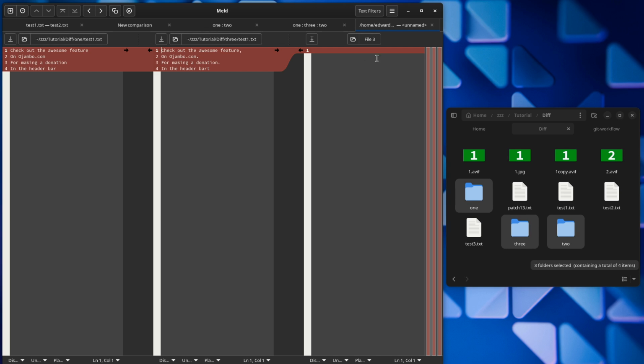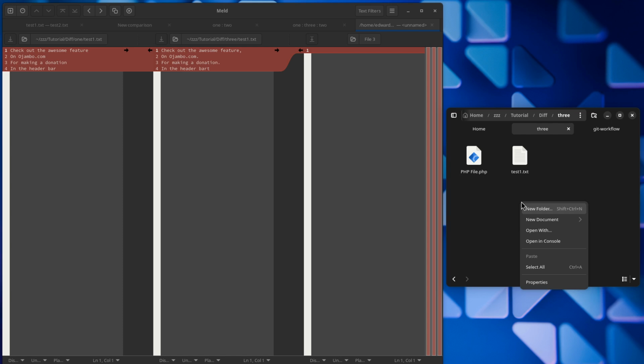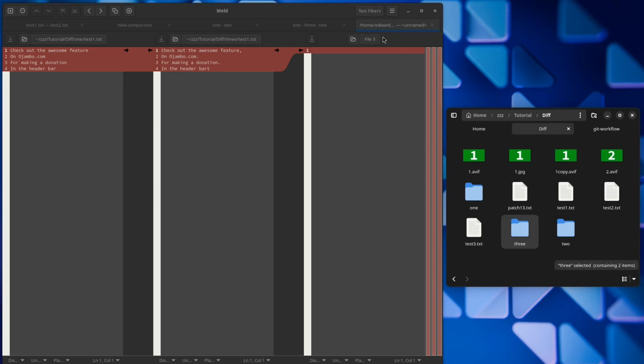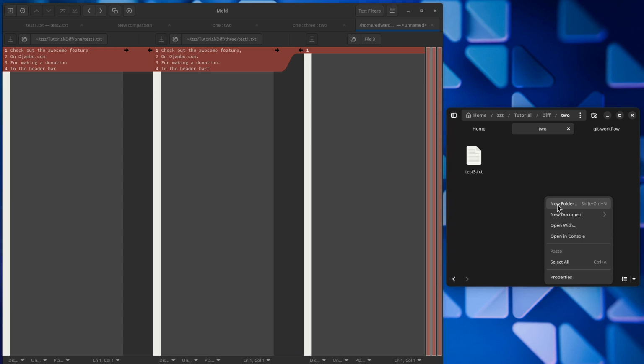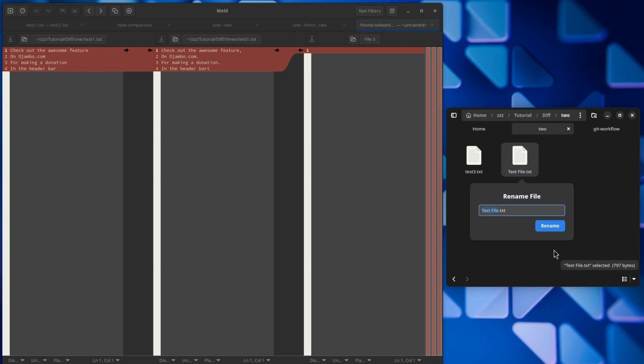So let me create an empty file in 3 here. I'll just create a completely empty file. Let me actually just create a new document. Wrong folder. I need to go to folder number 2, and I'm going to create a new document, and I'll call it, just rename it. I think it's empty. Hopefully it's empty. Test 1. Now when I go back here,